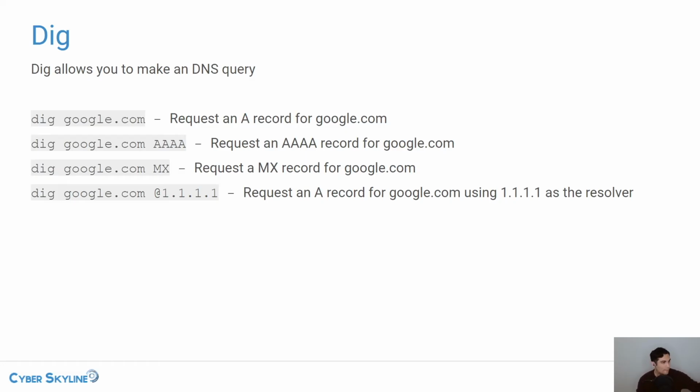So that's how you use Dig. I'm going to show you how to do this in Kali Linux. But before I do, I see that there are two comments here in the chat. Dave is asking, how does DNS relate to BGP, specifically regarding Facebook's recent issues? So DNS is a very different system than BGP.